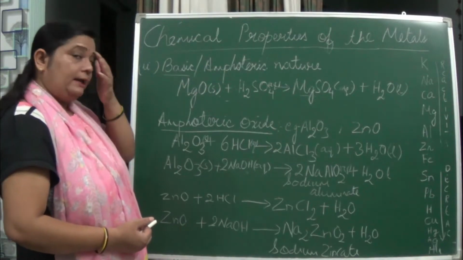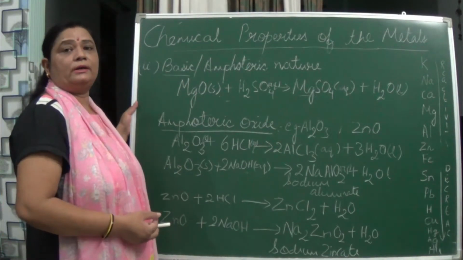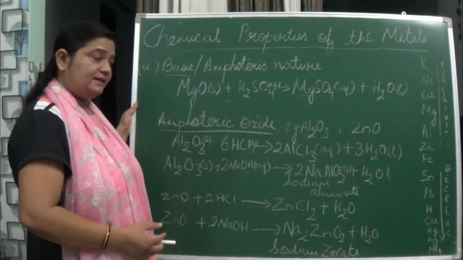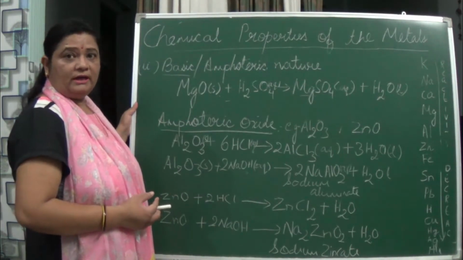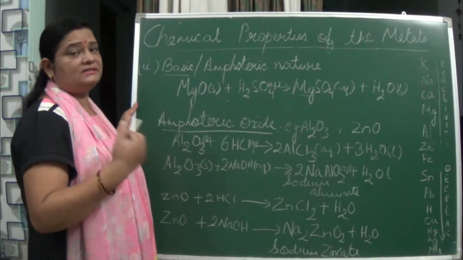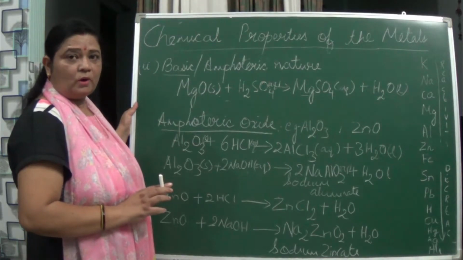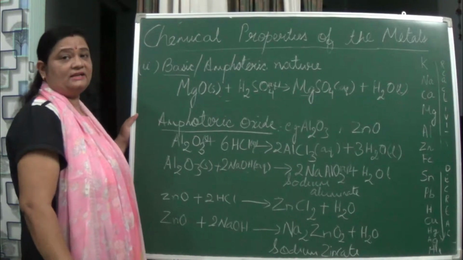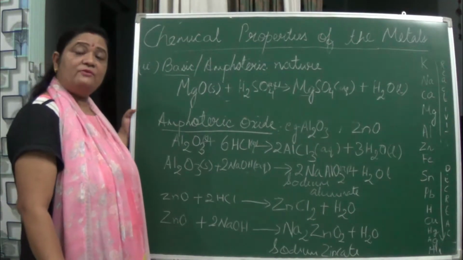Naturally, if we are taking any basic oxide and we are reacting with acid, it will give salt and water, isn't it? And if we are taking any acidic oxide reacting with a base, we will be getting what? Salt and water. So when we are seeing these two oxides, aluminum oxide, zinc oxide,